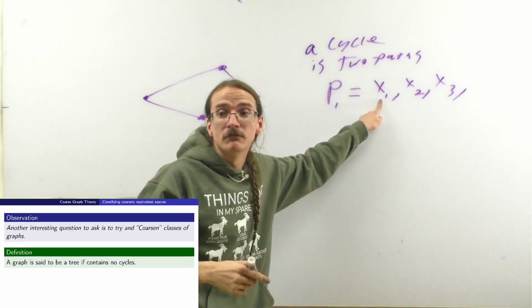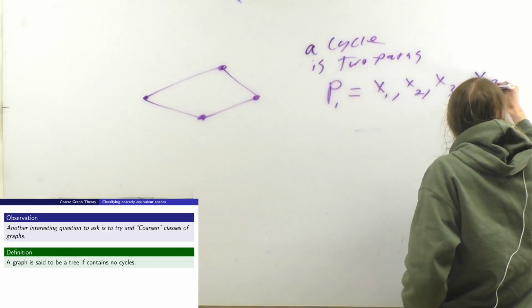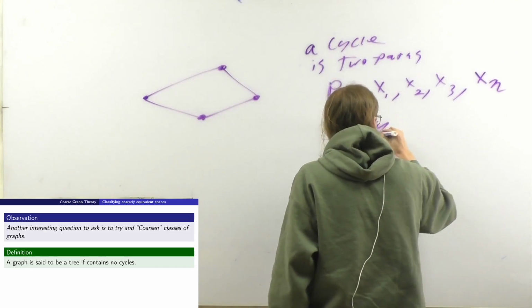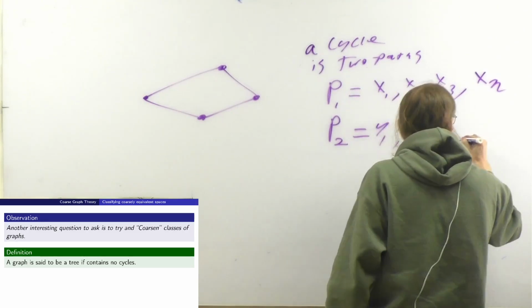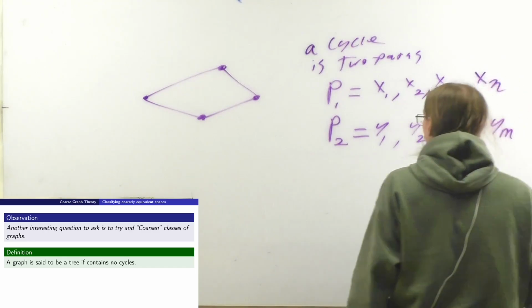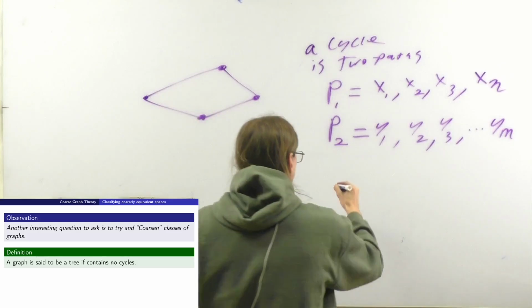These are vertices, the edges between them as well, all the way up to some xn. And let's call it P2, which is going to be some y1, y2, y3, up to some possibly different ym. And then they have to start and end at the same vertices. So that means that